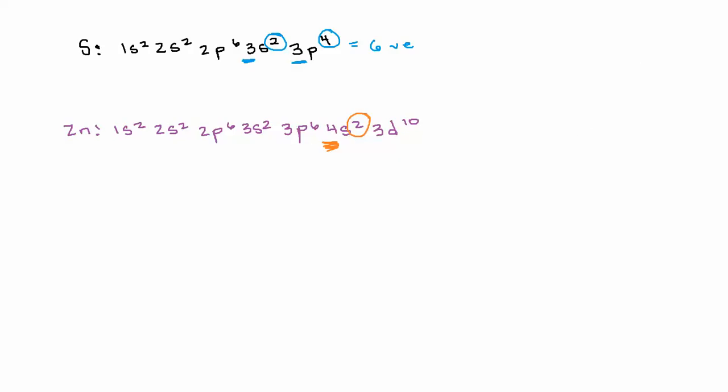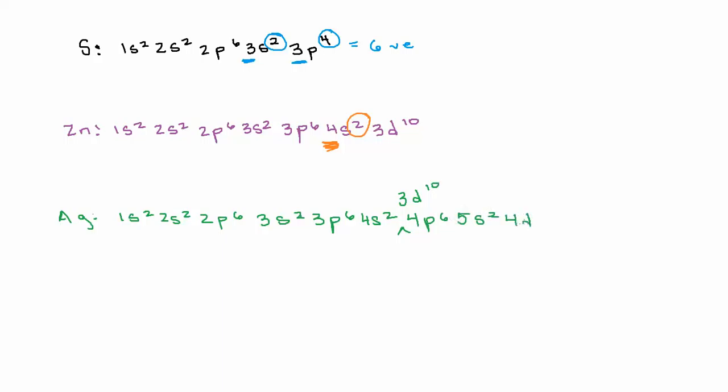Okay? What if, for example, I asked you about silver, Ag? Now, silver, when I write out my electron configuration, oops, I left out 3d10, sorry about that. Okay, 5s2, and then 4d9. Now notice, if you ever have a situation in which you have something s2 and something either d9 or d4,